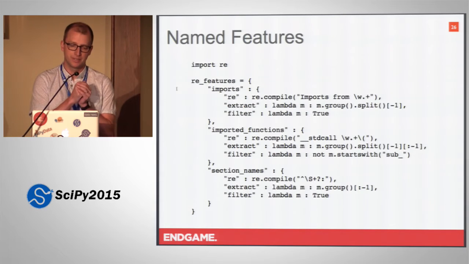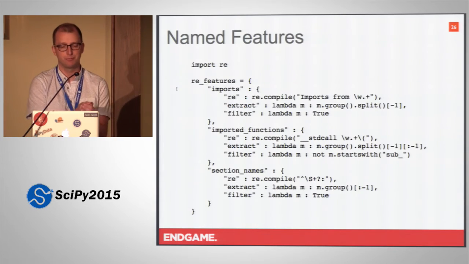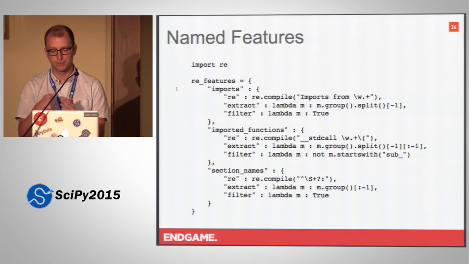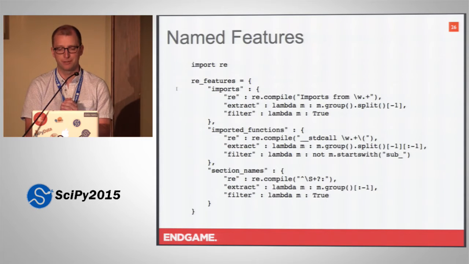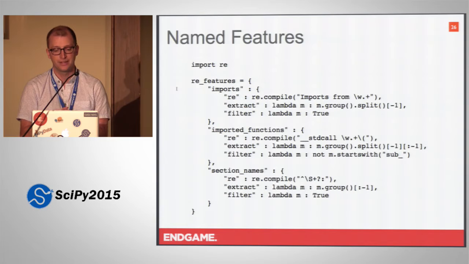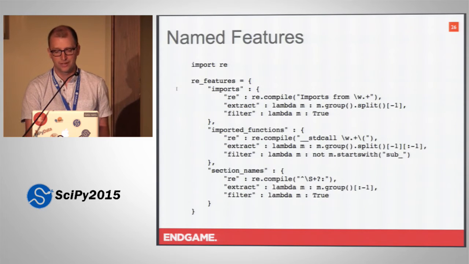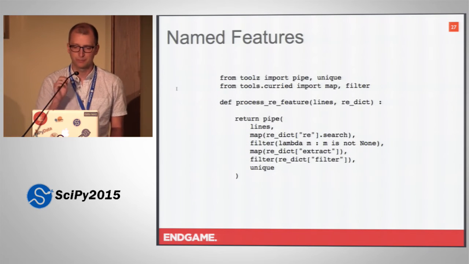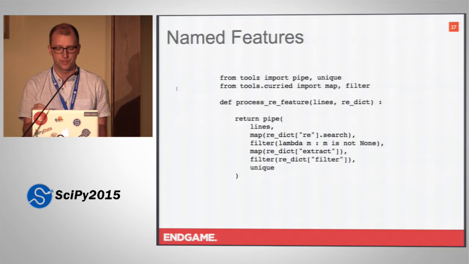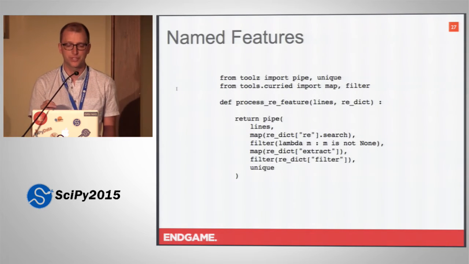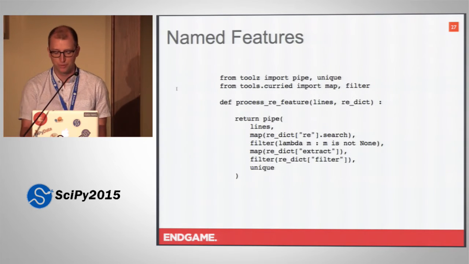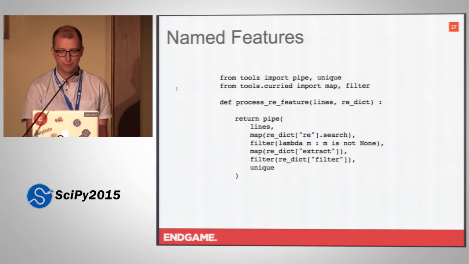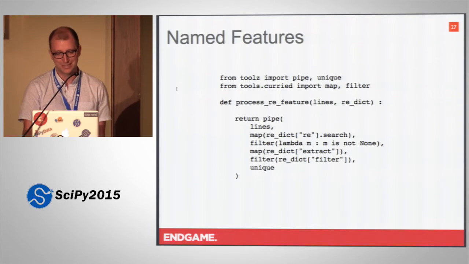For each named feature that I was interested in, for example section names or imports, I defined a regular expression that matched, and then a function that could take that match from the regular expression library and extract the string that I was interested in. Optionally, I had a filter there if I needed to change the string in any way. Once I've defined all those regular expressions, I could just use the same function to extract all the different named features. Again, I'm maybe too addicted to my functional programming here and wasted a lot of time trying to refactor things into this, but it looks real pretty.